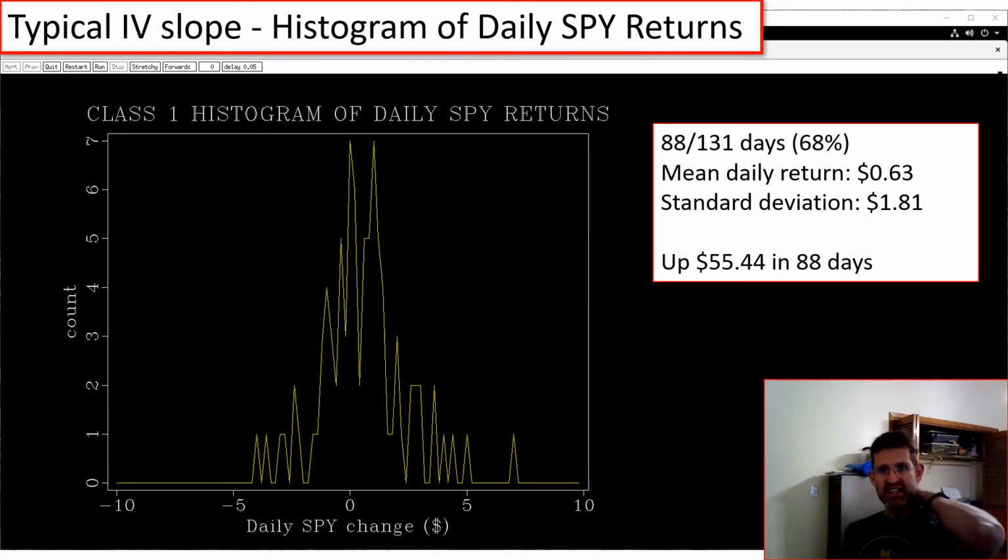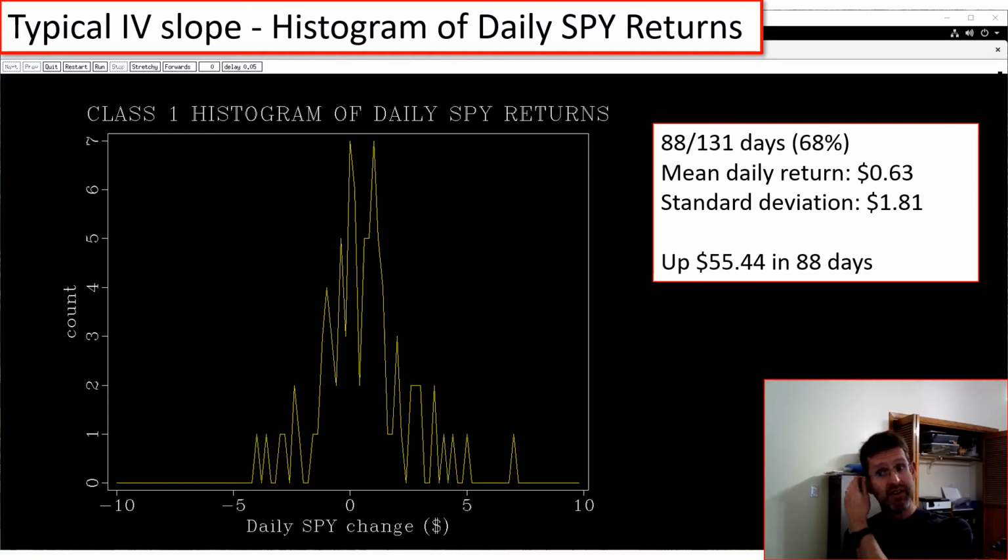So let's gather statistics on the daily return of the SPY when the IV slope is in the typical class. So that means that the short-dated IV is less than the long-dated IV. So the IV slope was in the typical class 68% of the time. And on those days, you had a mean daily return on the SPY of 63 cents. So if you multiply 63 cents per day by 88 days, that's a cumulative